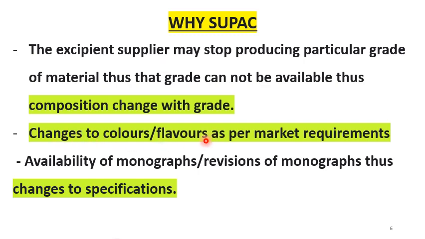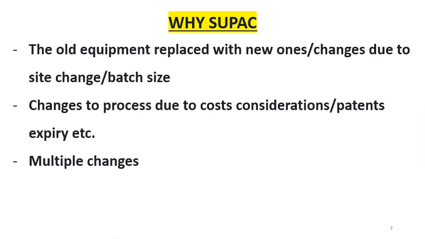Then changes to the colors and flavors as per the market requirements, availability of the monograph or revisions of the monographs, the changes are required for the specifications, and this is a very common practice in the life cycle approach for the pharmaceutical products. The old equipments may get replaced with new ones,